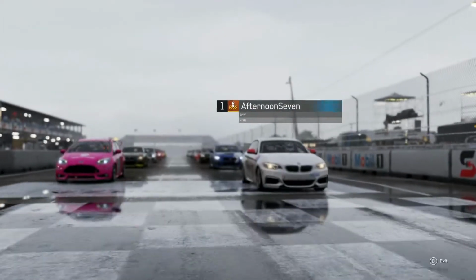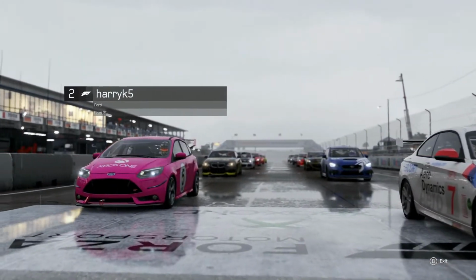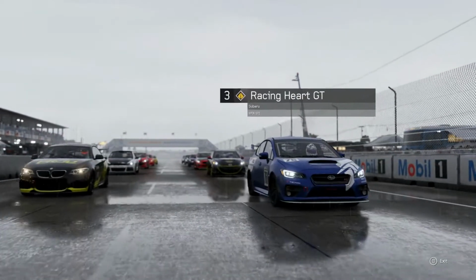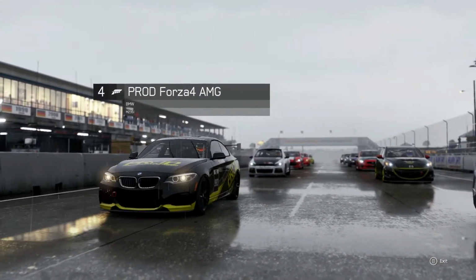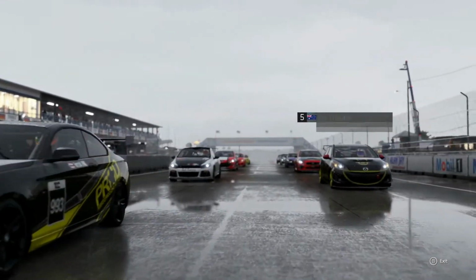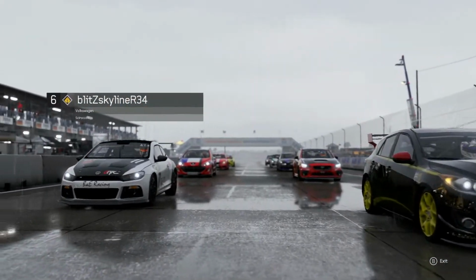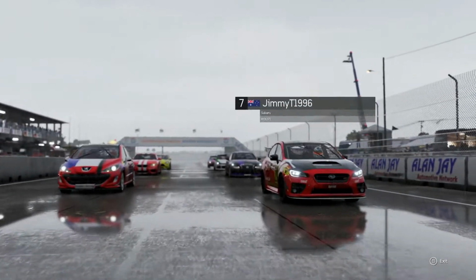And then you can see the top 3 there as we go to round 4 now, for a 6-lap race this time at Sebring International as we go around the grid. And it's going to be in the wet, so you can see Racing Heart GT there in 3rd, Prod Forza 4 AMG in 4th. The Pinketeer starting 2nd again, as you saw. DJ Yuyuko in the Mazda. Blitz Skyline R34 P6 in the Scirocco R, Jimmy T